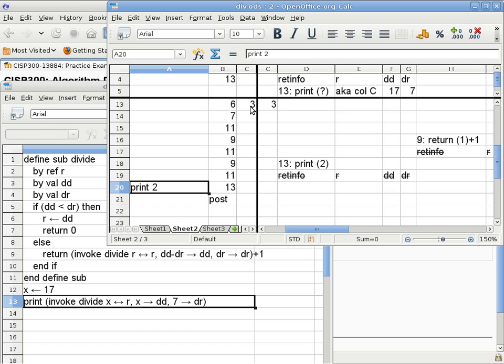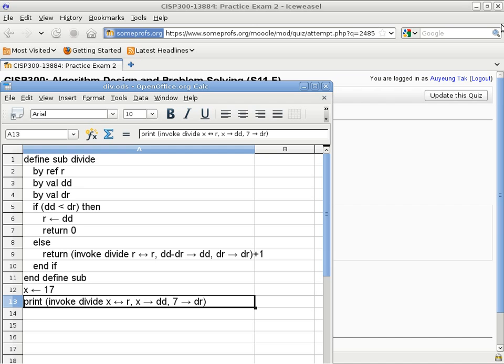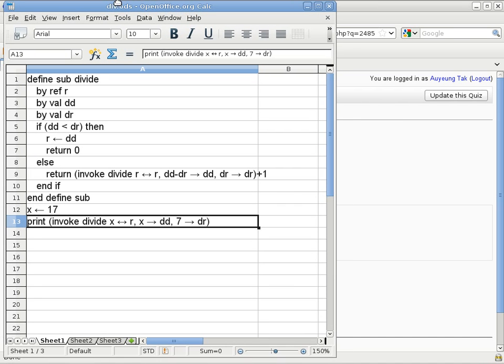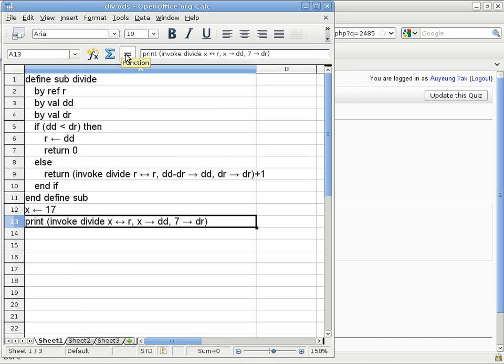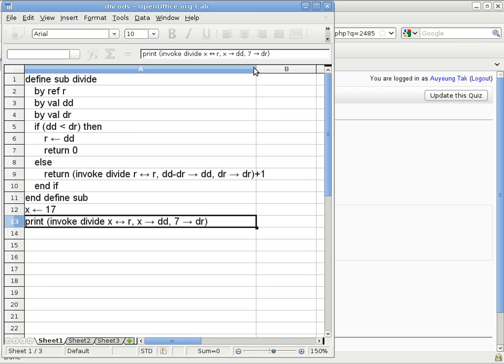Are there any other questions about this particular trace? No questions? This is all good? Okay. The nice part is, if you do have any questions, you can first try to watch the video again and see if that gives you some idea. If not, you can always just send me an email or come to my office hour. So we'll go ahead and make sure we save this particular file, and then we'll close it and move on